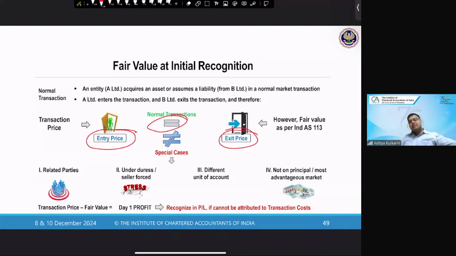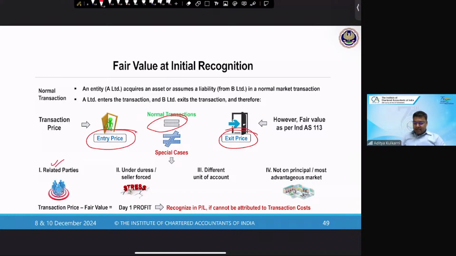So we started with a discussion saying that fair value is the exit price. But we are now coming to the discussion that whether it is entry price or exit price, it will be equal, except in 4 cases. That is why we started the discussion from an exit price basis, because exit price discussions on fair valuation are always going to work. There won't be any ambiguity about it. When I talk about entry price, exit price won't be equal in 4 cases. What are those 4 cases?